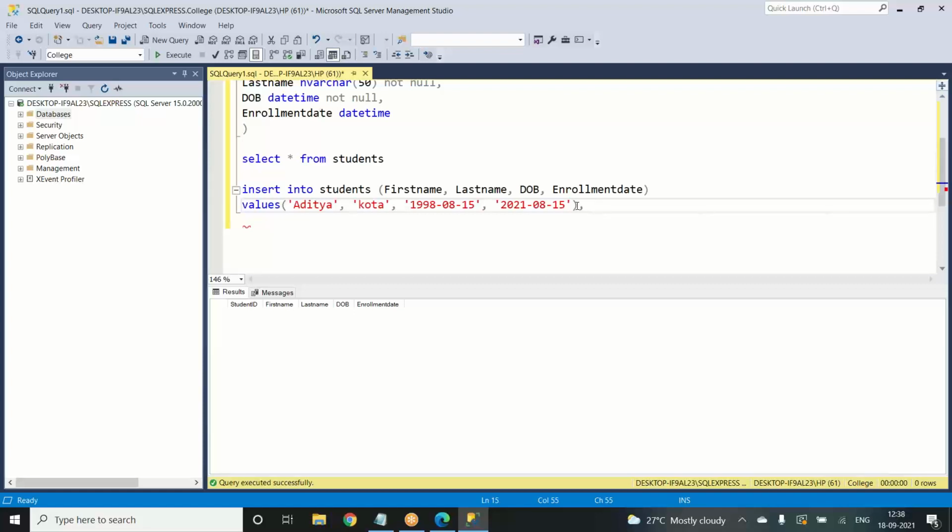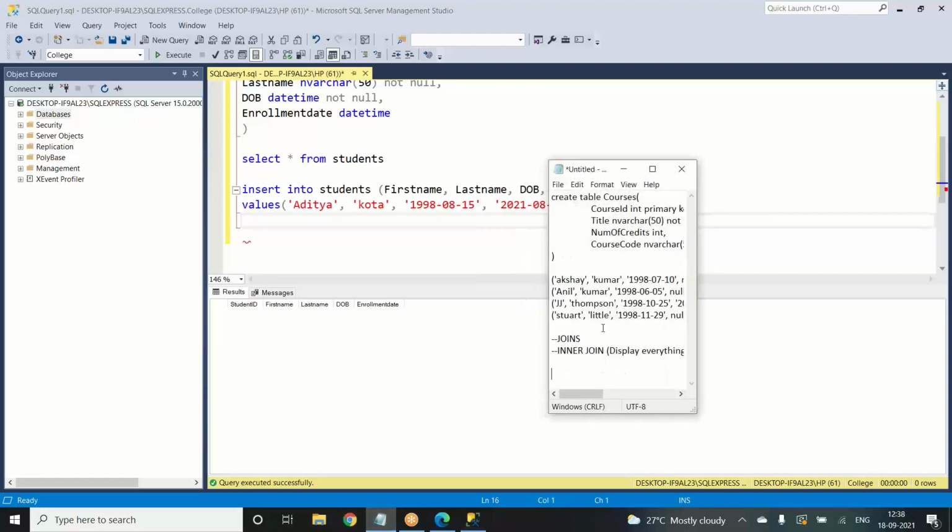As they fill in the details in some Excel sheet or in the system itself, it will be fed to the system in the backend. Here we are writing all the details one by one, but normally in colleges, when they enter the students' details, that will automatically be added inside the SQL database. Okay. After this, I had something prepared already, so we'll try to add those.